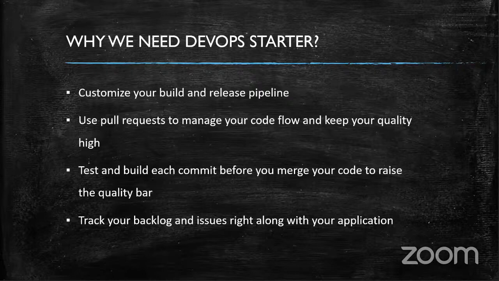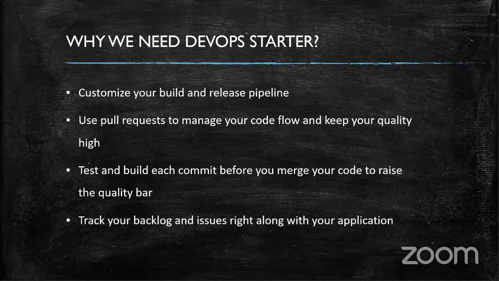So I don't need to go and check the project where my team has deployed my recent commit. I don't need to check the other activities, like if I want to clone with Git or some other things, so I don't need to do it separately step by step. Everything I can do from a single view in the Azure portal itself, and we can use the pull request to manage your code flow and keep your quality high.